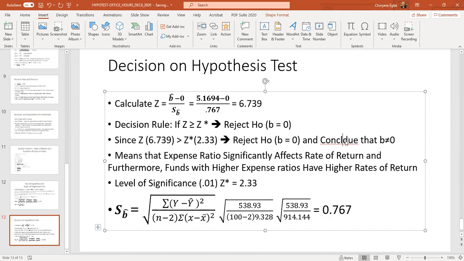Now, that is a very simplistic interpretation in the sense that we have a very simplistic model. We have a straight linear model. If you had a more complex model, which you can do if you take additional courses in statistics like econometrics, then we can model this much better, because there might be a limit to how far your expense ratio can go up and you still make a profit. There has to be a limit. So that's an optimal point, but we didn't get there for this particular problem.